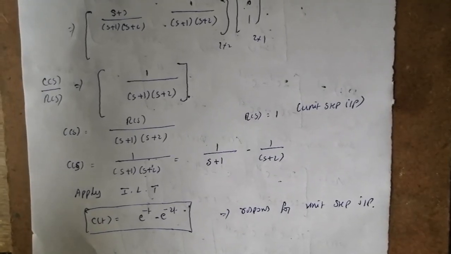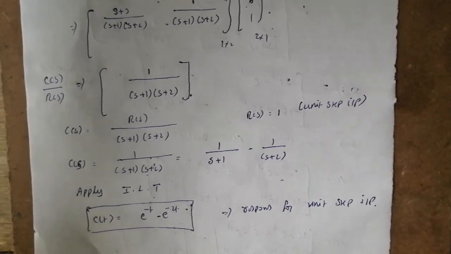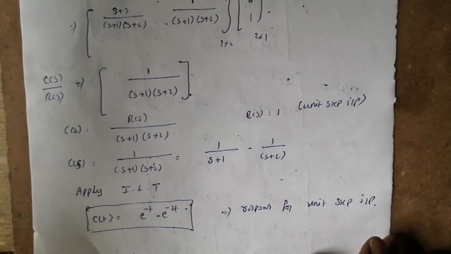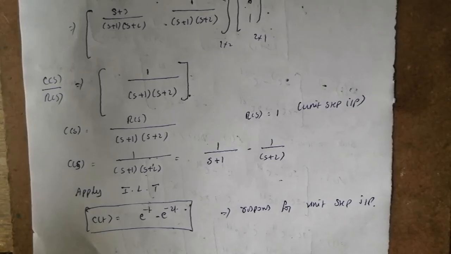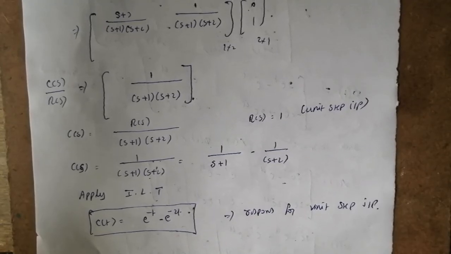First of all, we have to identify the matrices A, B and C from the state model equation. Based on that, sometimes they will ask for the state transition matrix, sometimes the response, sometimes the transfer function, whatever it may be, and you have to proceed accordingly. If they ask for the state transition matrix, we have to use phi of t equals Laplace inverse of (sI minus A) inverse. If they ask for the state response, we have to use x of t equals phi of t into x of 0, where x of 0 is given in the question itself.